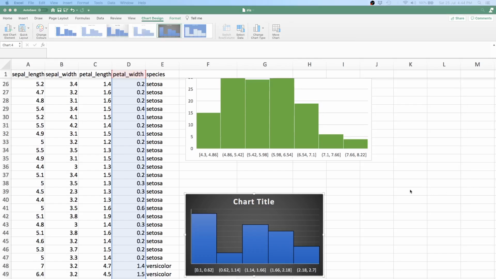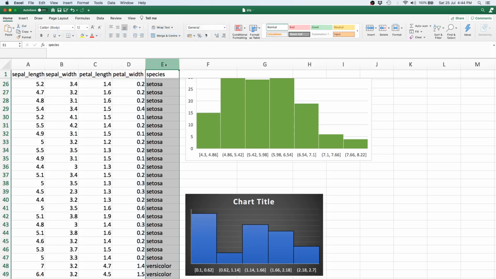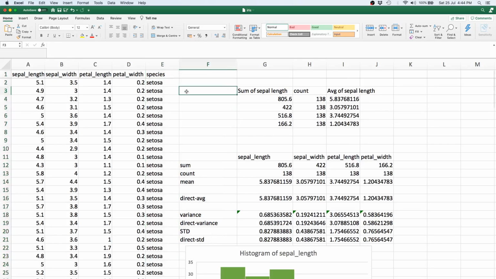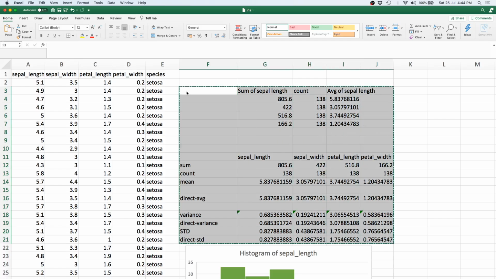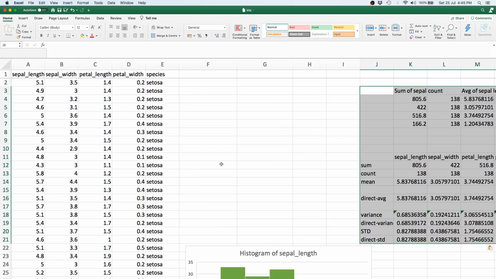So that takes care of all the univariate analysis that we can do on continuous variables, but we haven't exactly thought of what we can do with categorical variables. That is, for example, something like the species column. So let's see what we can do with them. Let's move this entire section of work out of here so that we can make some room for our analysis for the categorical data.